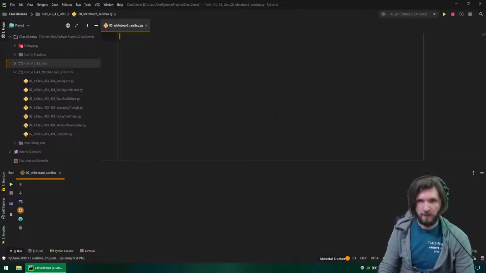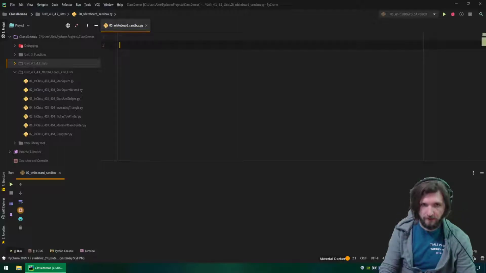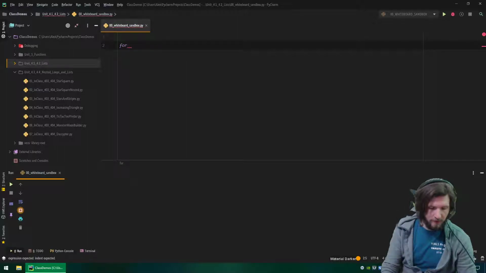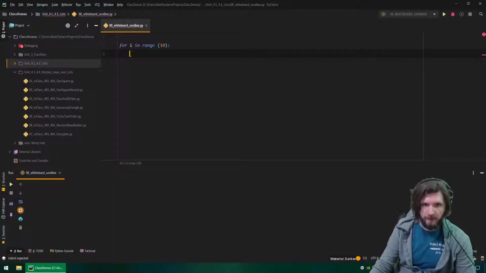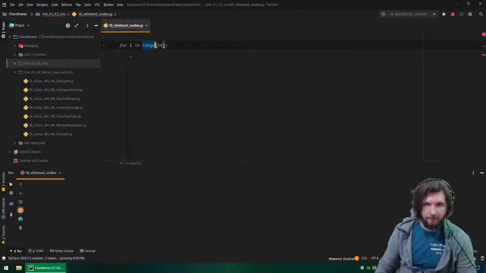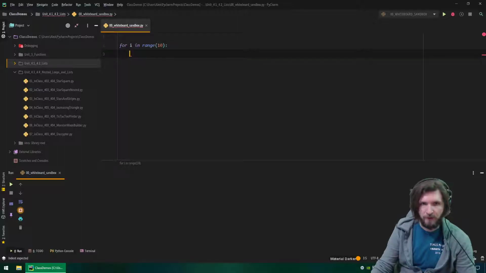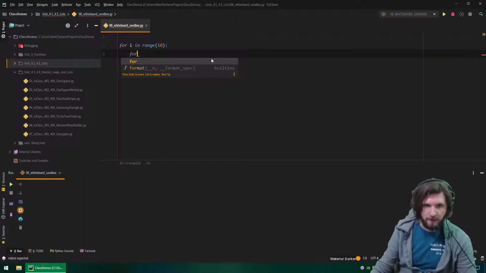So to give you a quick demo of what this would look like, when we're working with for loops, typically i is used as the iterator object, or the number that we're going to be tracking. So if I say for i in range, let's go 10 here. Remember that if we declare a range with one parameter like this, this is going to start at 0 and go up to 9, because that's 10 objects in here. The parameter in range is up to but not including, right? Okay, so if we put a nested loop in here,